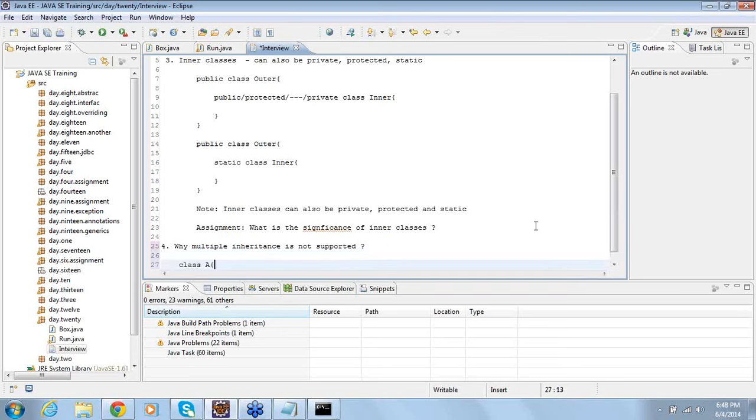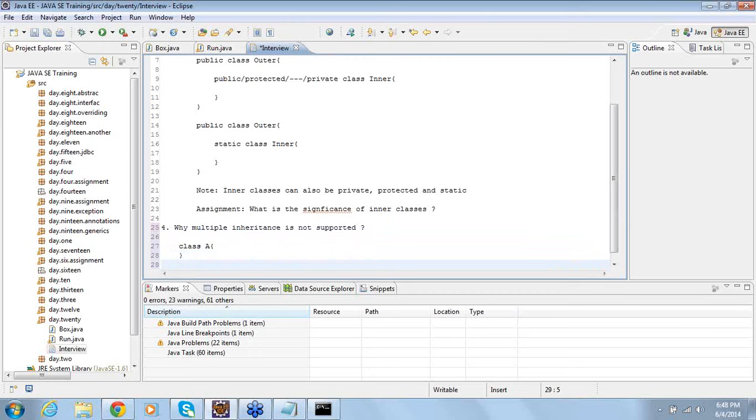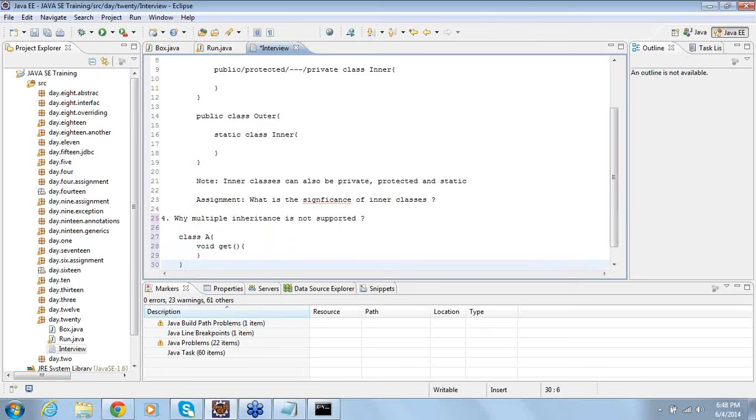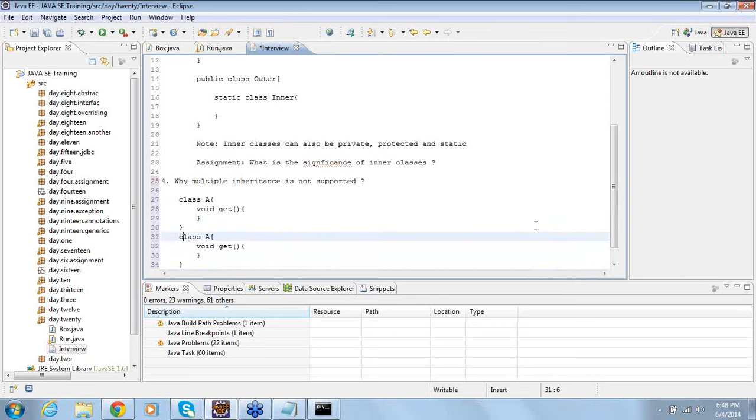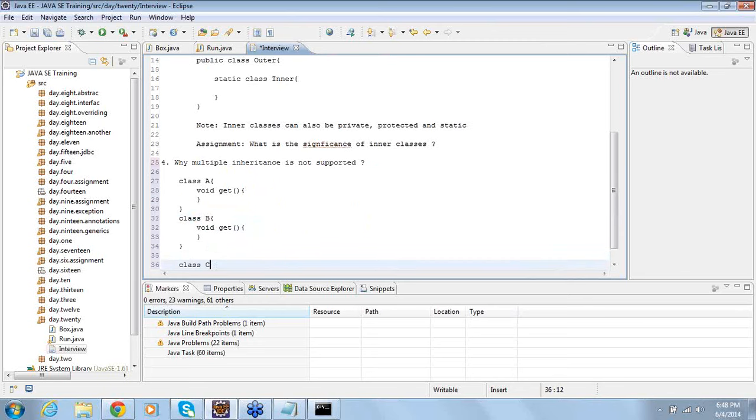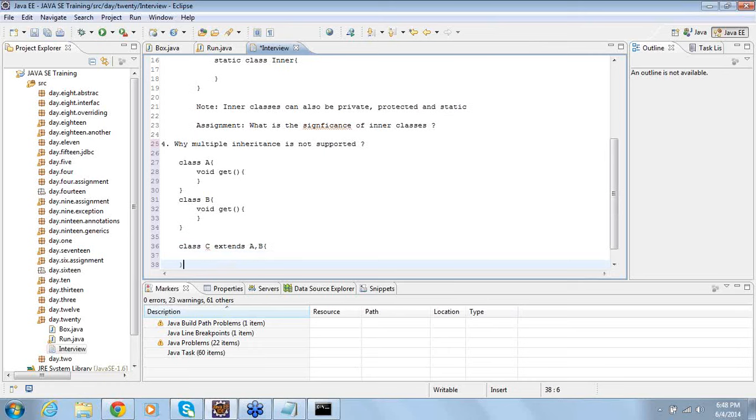You have a class A, and class A has a method called get, and you have another class called B, which also has a method called get. You have a class called C. Imagine that this is supported, though it is not supported in Java.